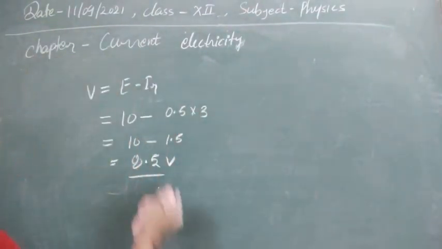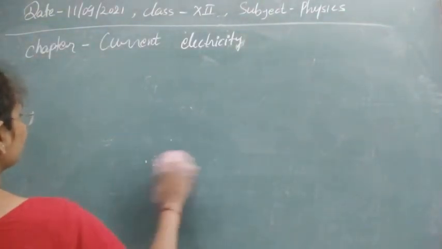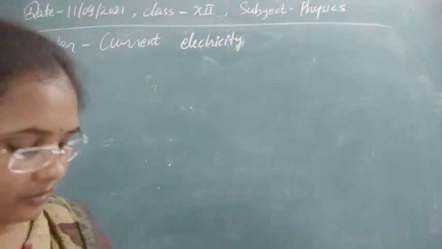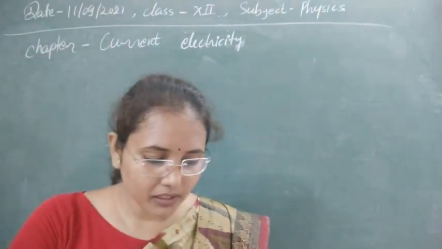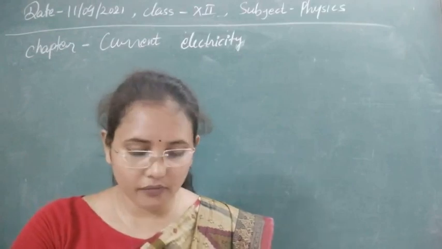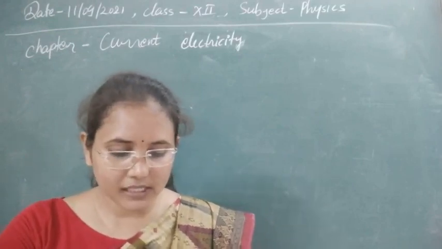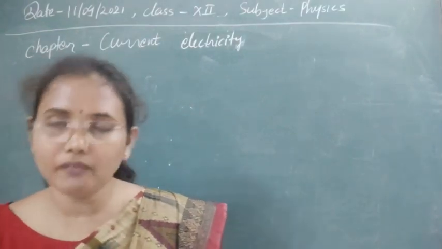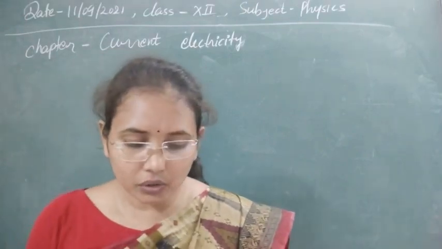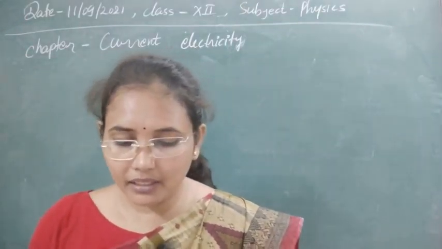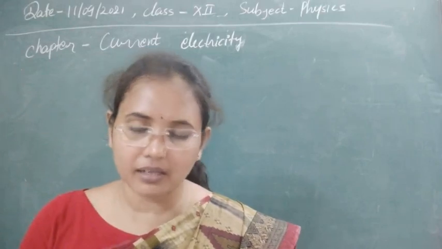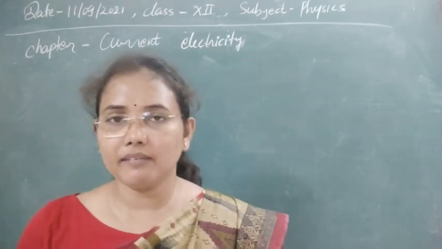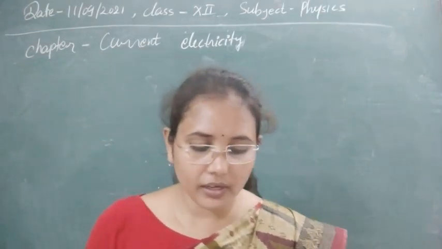Now let's see the next question, that is related to the galvanometer. So here the question is, a galvanometer coil has a resistance of 150 ohm and gives full scale deflection for a current of 4 milliampere. So to convert it into an ammeter of range 0 to 6 ampere, some options are given. So the question is, I think, now clear.